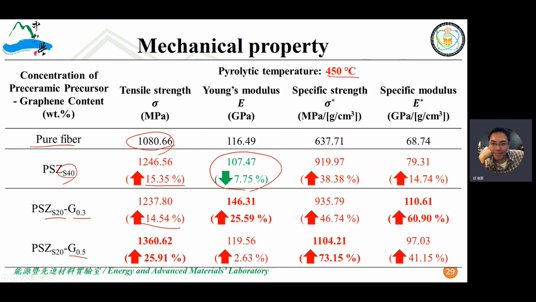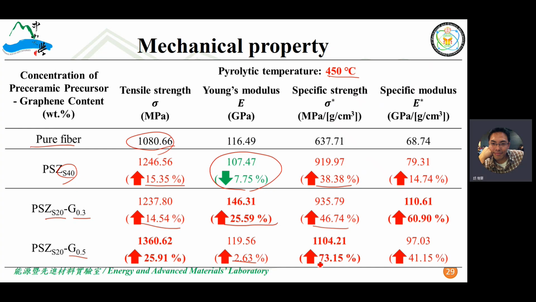However, when the composite incorporates 0.3% of graphene, Young's modulus is enhanced by 26%. With 0.3, well, it enhances only about 2.6%. Okay, and the specific strength is enhanced by almost 40% by graphene content, and it's about 46% by graphene content,